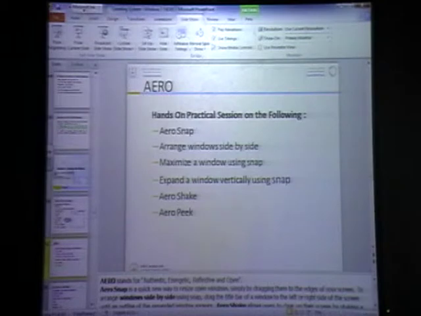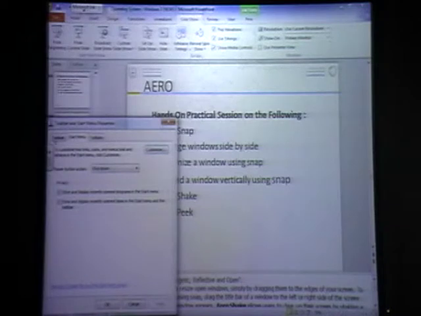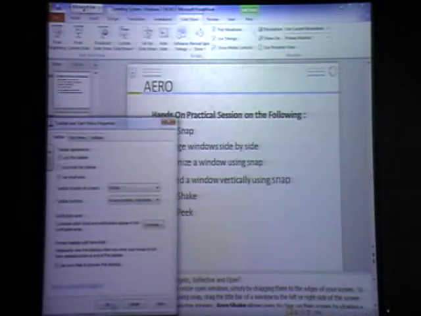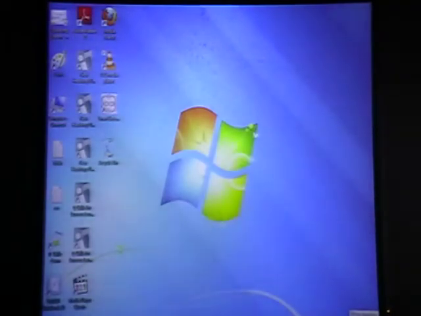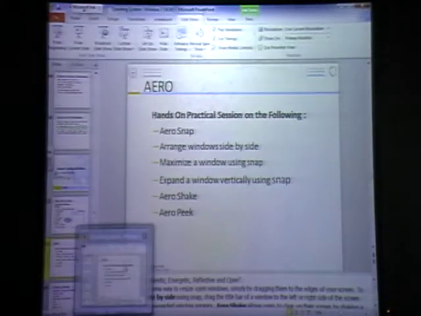Can you see the desktop? No. See, here the desktop is not coming. Go to properties, taskbar, use arrow peek, okay. Now when you move, the computer is showing your desktop. This is the use of arrow peek and arrow shake.